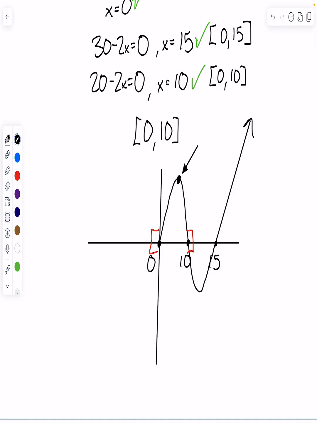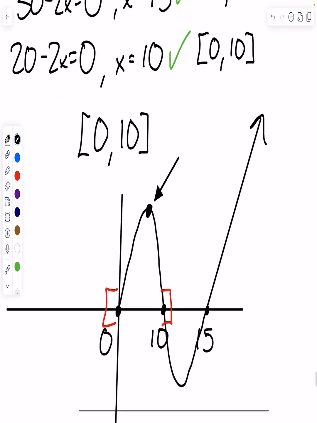But if we take a look at where this value could possibly be, then we can figure out that our maximum point is somewhere on our graph between 0 and 10, right? And in that case, our maximum value would be the most volume the box